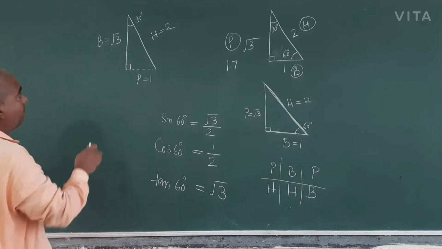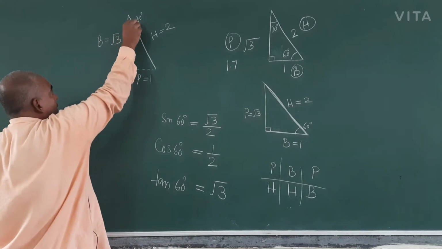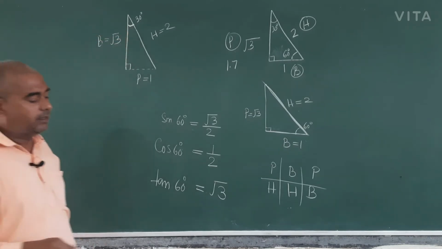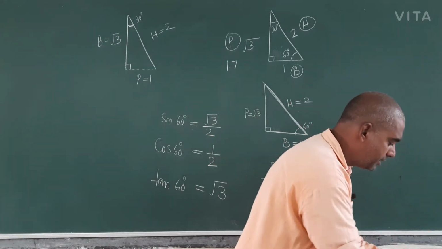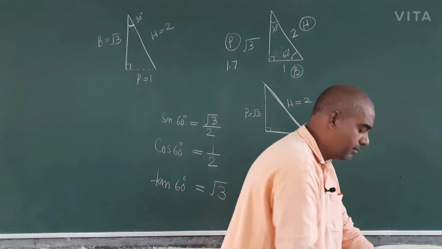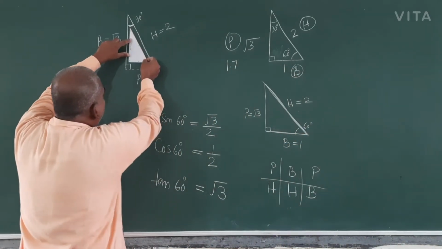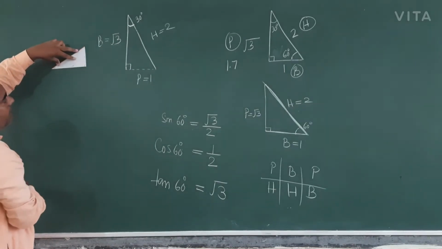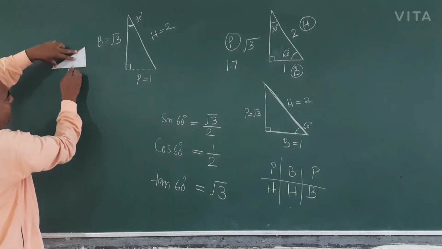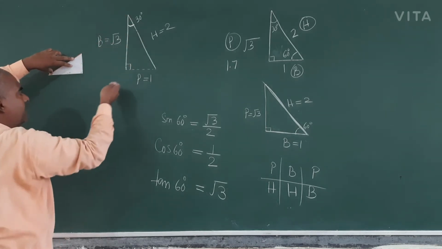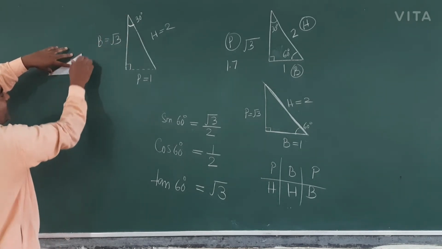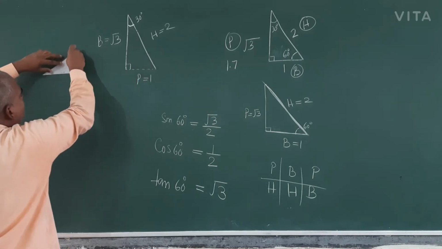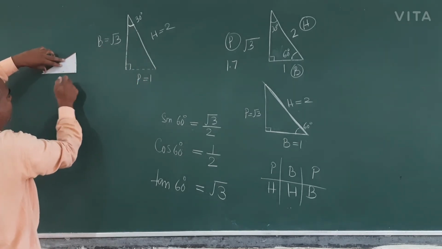At that time it is sometimes hard to imagine. So that's why we can change the orientation of the triangle, and we should practice it. This type of triangle, you can use it like this. You can change the orientation. If you don't understand base, suppose base is vertical. So change the orientation, and you will get this type of triangle.